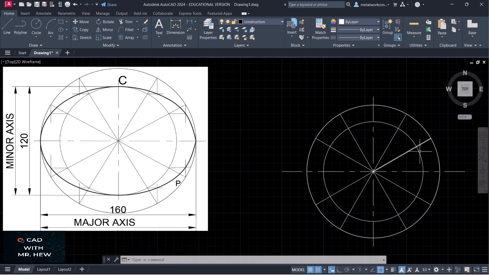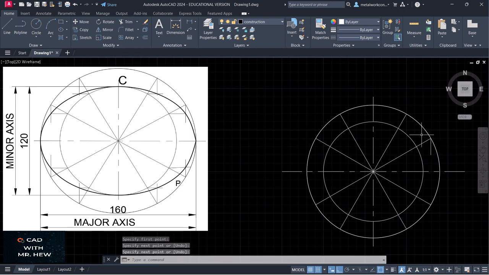The space in between the angles will be 30 degrees. All right. Now the next thing we're going to do, we're going to draw vertical lines coming down from where these lines intersect the major axis circle, which is a larger circle. All right. So let's go now. We're going to turn on ortho, which is pressing this button there, and we're going to go line, construction line coming down,